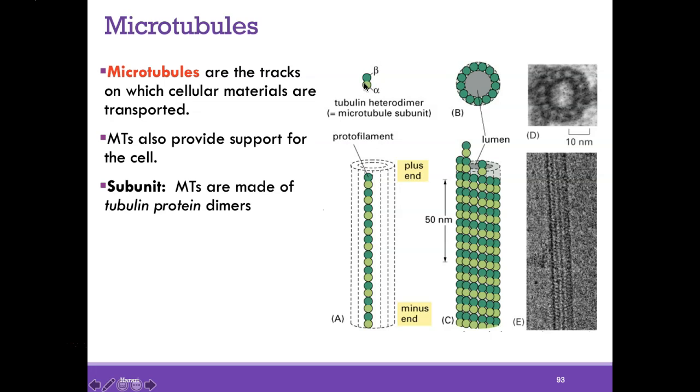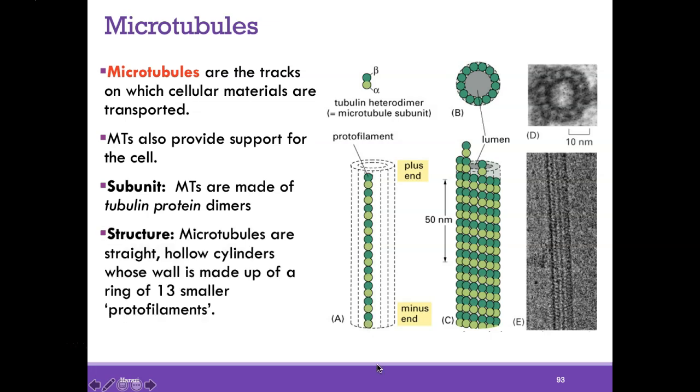Microtubules are made up of tubulin dimers. So there's an alpha tubulin and beta tubulin that are attached to each other, and it goes alpha, beta, alpha, beta, alpha, beta. They kind of line up in protofilaments. And one microtubule is made up of 13 of these protofilaments with the hollow center called the lumen. So microtubules are tubes,